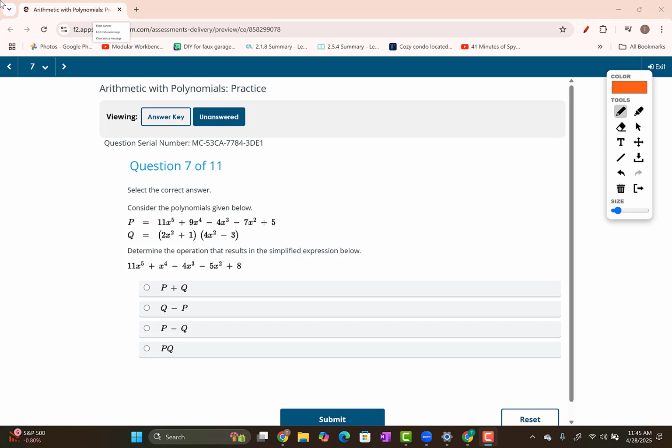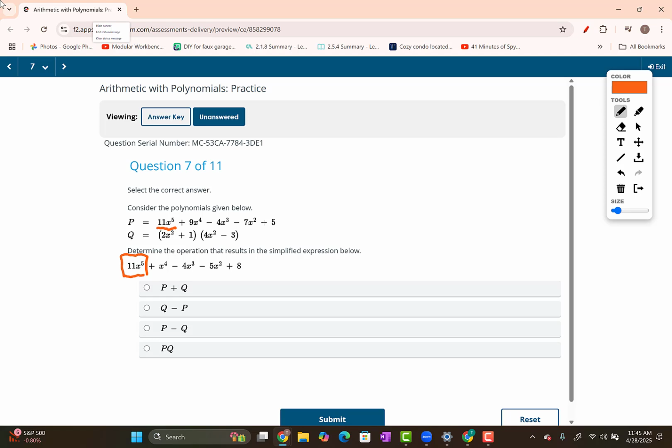Question 7, consider the polynomials given below. So we've got the two polynomials p and q. Determine the operation that results in the simplified expression below. So we've got some work to do, but the first thing I notice is this answer has an 11x to